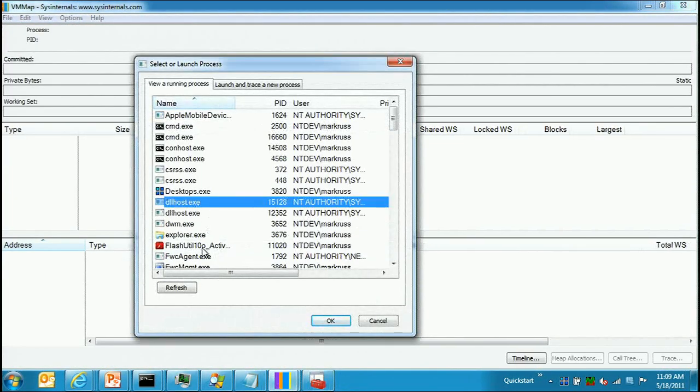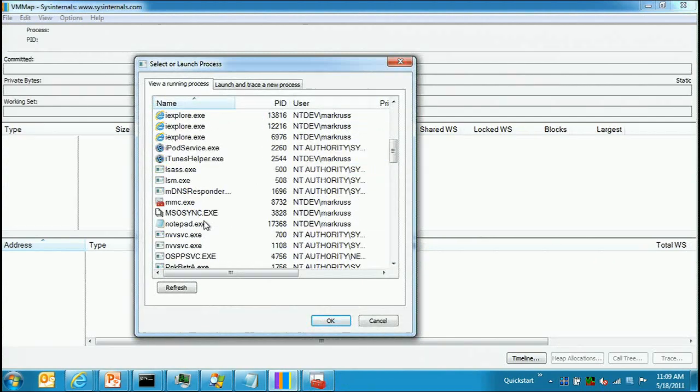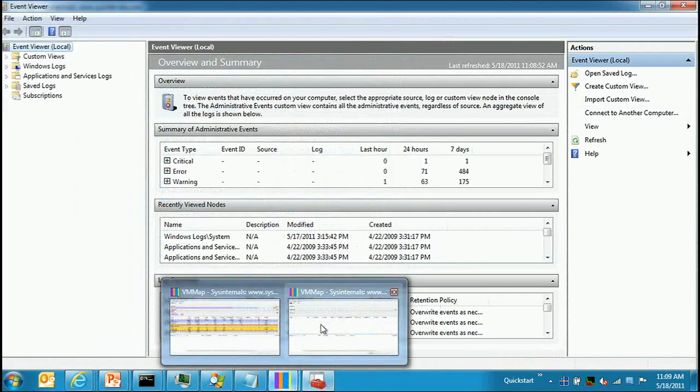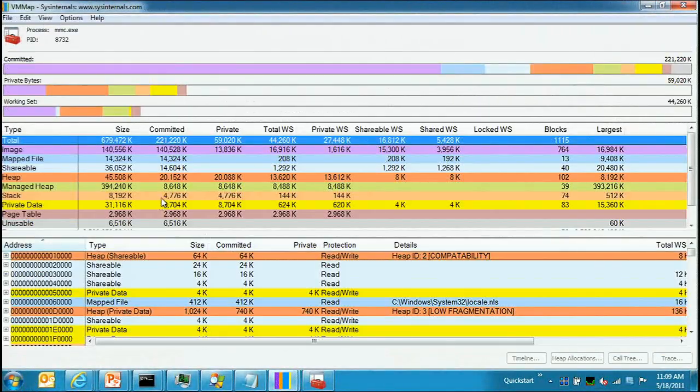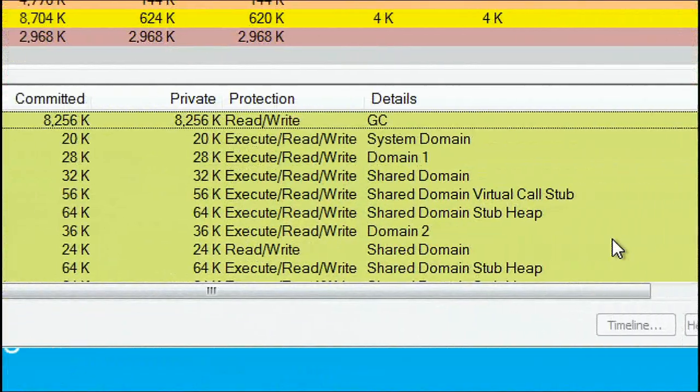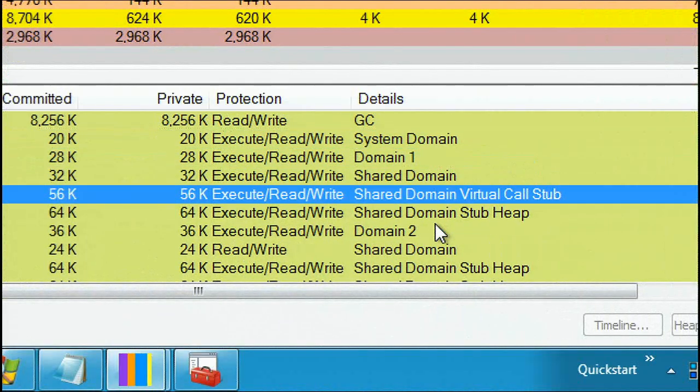Since the MMC is elevated, I need to elevate too. VMMap. And it's actually taking a while because it's doing this managed heap. There's managed heap. And when you click on that now, you can see it breaks it down into exactly what's going on inside the managed heap,